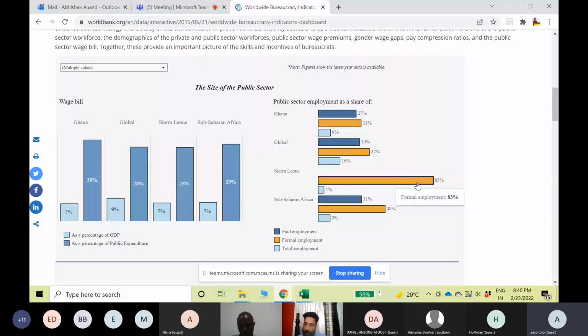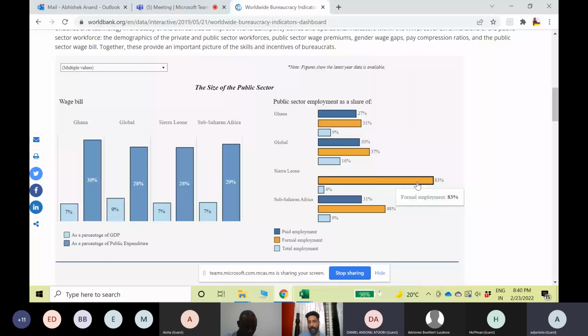There are very few people working in the private sector. And there could be reasons. Maybe the private sector is struggling. There are too many regulations, and the private sector finds it very difficult to operate. Or maybe the economic situation right now is very bad and it's not profitable for the private sector. There could be many reasons. I do not know, but these could be some of the possibilities.